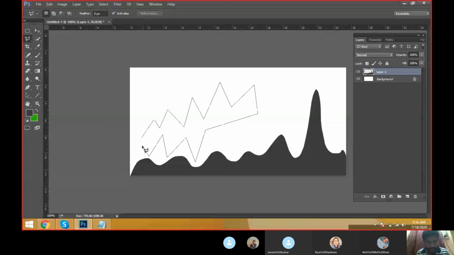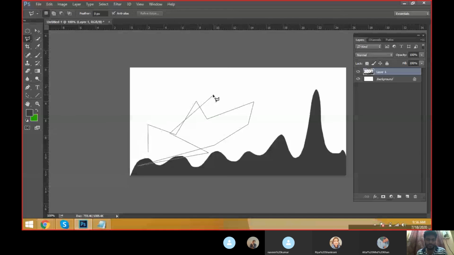This is the starting point that we call as I for in point. And when we go to the pointer, the last edge of the pointer, then automatically it is showing O. O is nothing but out point. In point and out point are closing. Then automatically we can get the selection. If it's not closing, are we getting any selection, any out point? No. When you go to the edge of the starting point, then automatically we can get the selection.